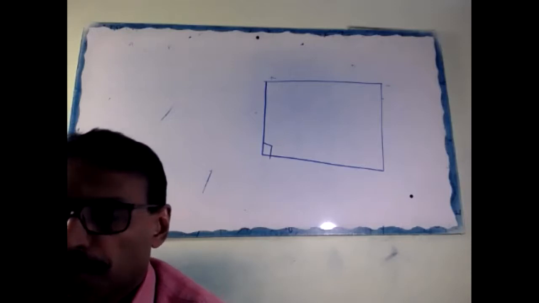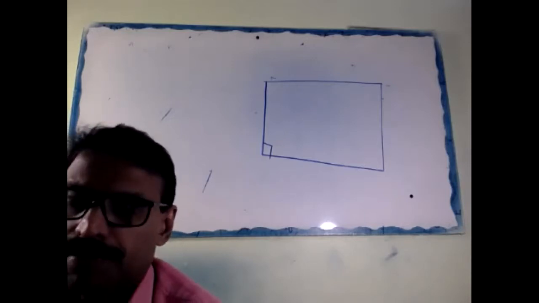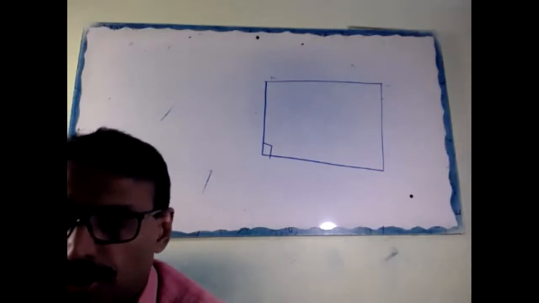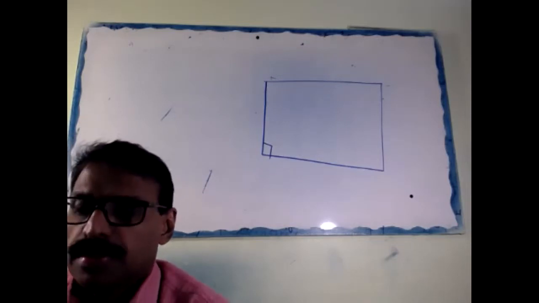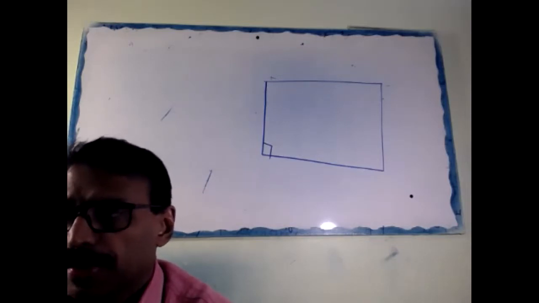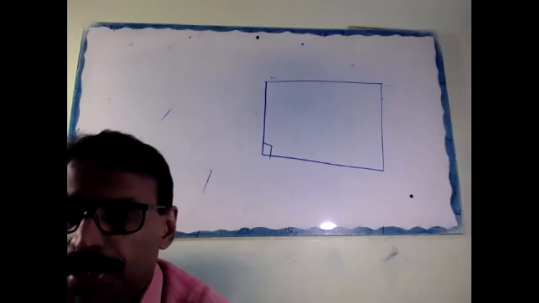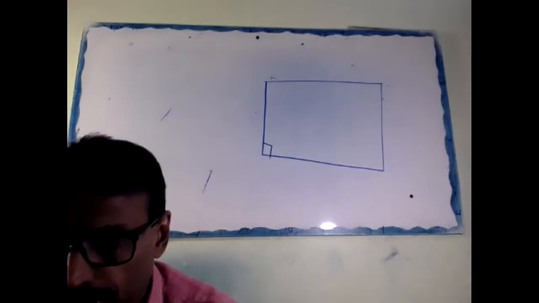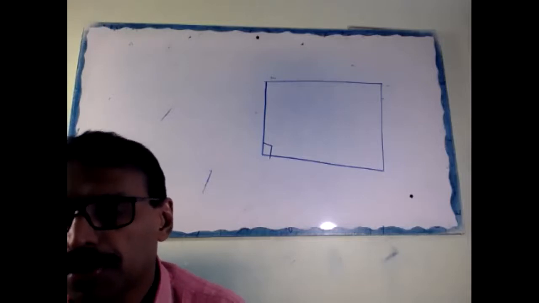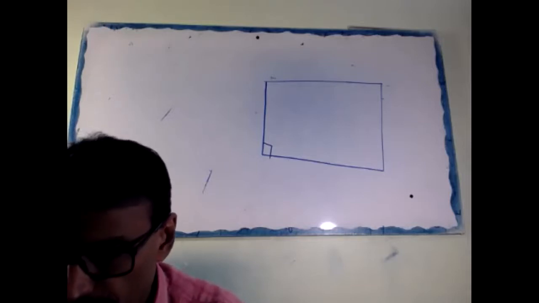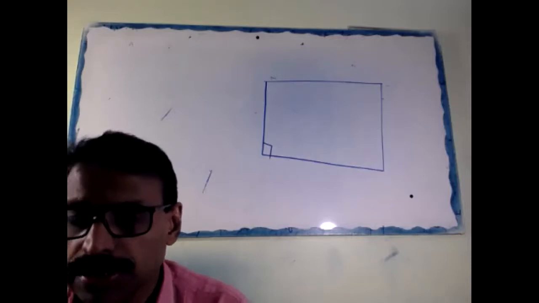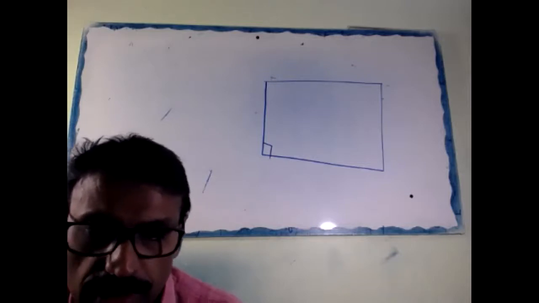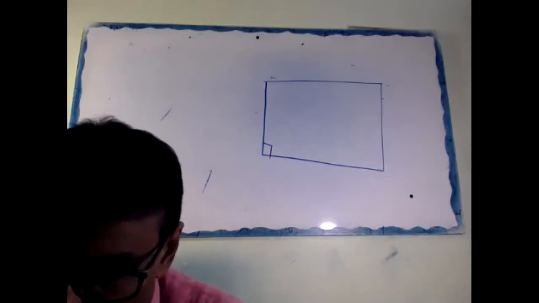One pair of opposite sides parallel is called a trapezium. In a trapezium, if the non-parallel sides are equal, it is called an isosceles trapezium. In a quadrilateral, both pairs of opposite sides parallel is called a parallelogram. In a parallelogram, one angle 90 degrees is a rectangle. In a parallelogram, all sides equal is called a rhombus. In a rectangle, all sides equal is a square. In a quadrilateral, adjacent sides equal but opposite sides not equal is called a kite.